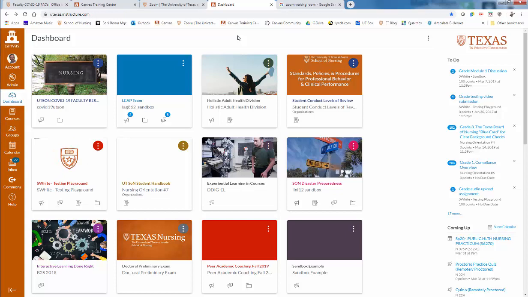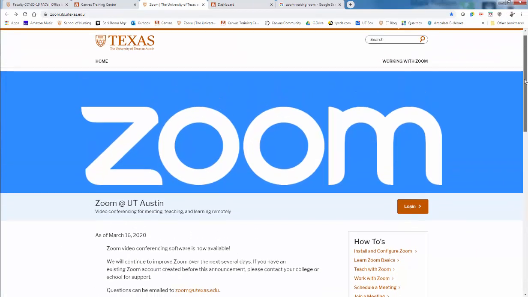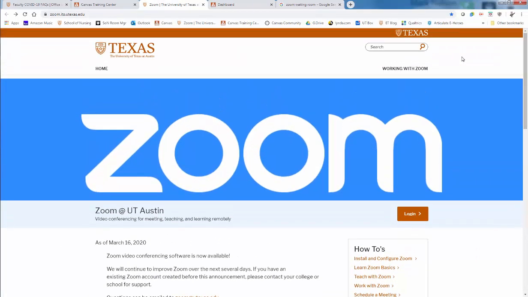But I'm going to talk through exactly what the steps are in both cases so that you can see what the pros and cons are, and hopefully you'll be better able to decide which of these two options works best for you. So first, if you want to schedule office hours, you can do so in Zoom outside of your Canvas course. To do that, you can go to